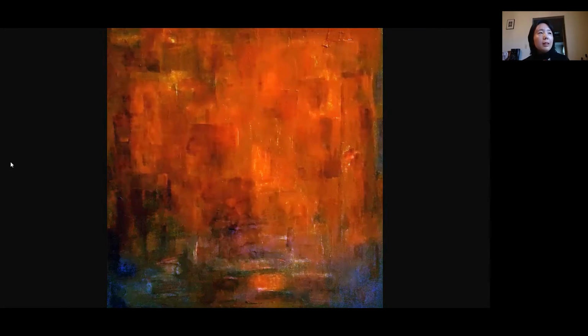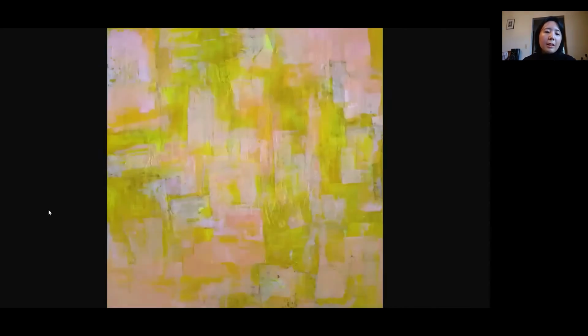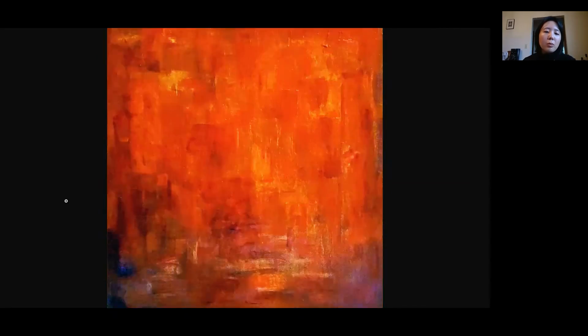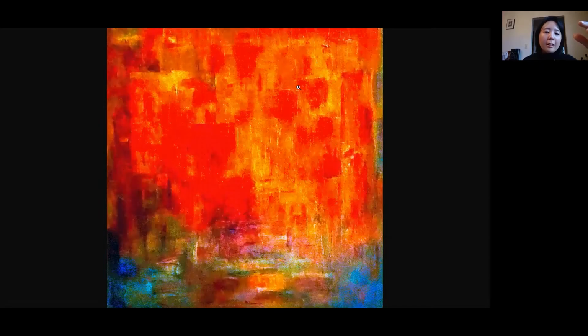So when you put them in the sunlight, all of these brilliant colors would come out. But when I photographed it, the photograph would only take the front layer. And so this painting, this GIF, Moeru, was done with only one color on the palette, this luminescent orange, reddish orange, that I tried to get to not look like just a block of orange, because there were many different tones